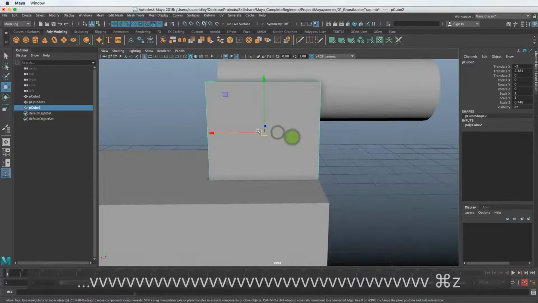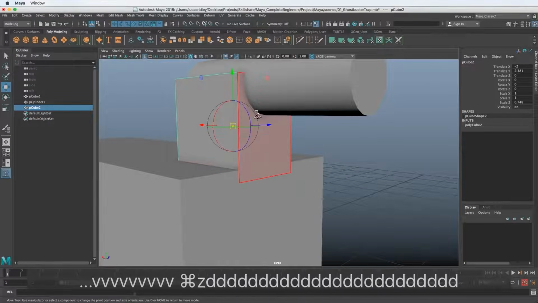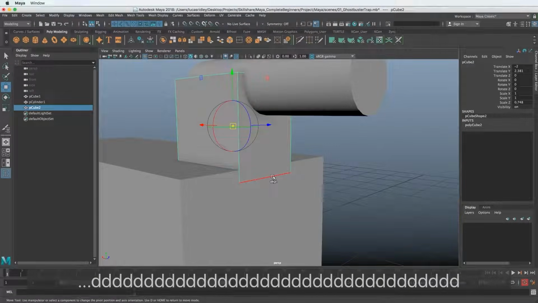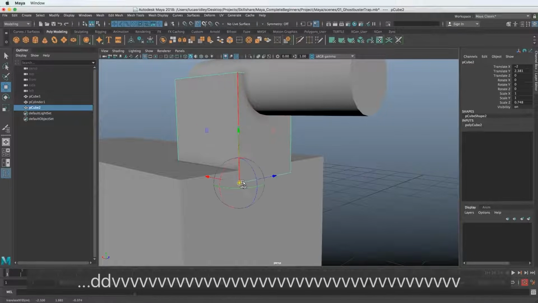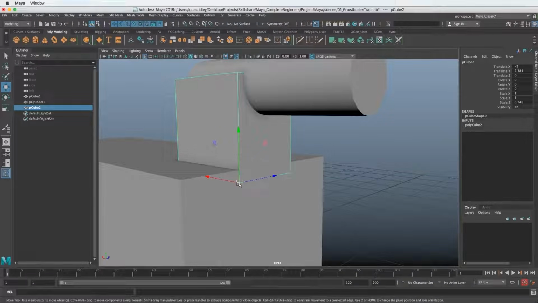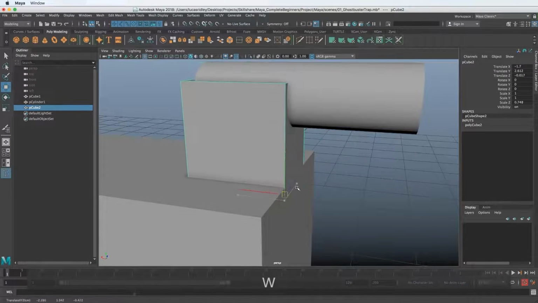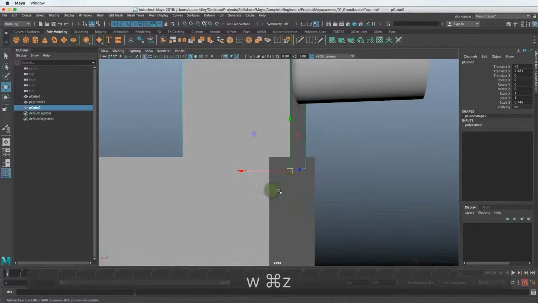So we're going to need to change where this center pivot is. To do that, we can hold down D. And now we get a different type of manipulator here. And if we hold down V while we're holding down D, we can also snap the pivot to a vertice without the object moving, because we're just changing where the pivot is now. So if I let go of both, now we get the regular manipulator. If this doesn't come back, you can hit W to make sure that pops back to be the manipulator. So now when we move this, the whole thing moves around.